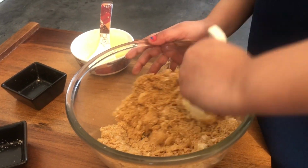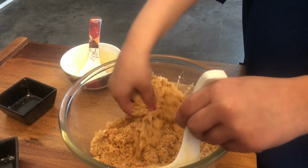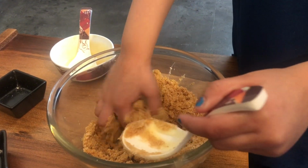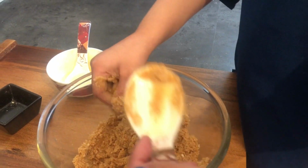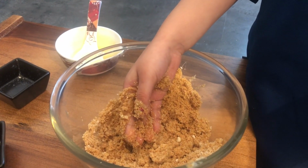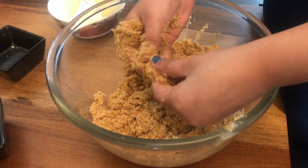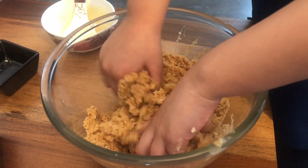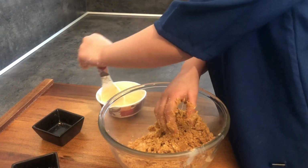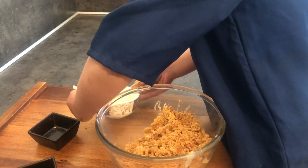See, I'm mixing it right. Now I'm going to do it with my hands. See, I'm doing it nicely. Now I'm going to put in one more bit of condensed milk. Let's make a bowl of